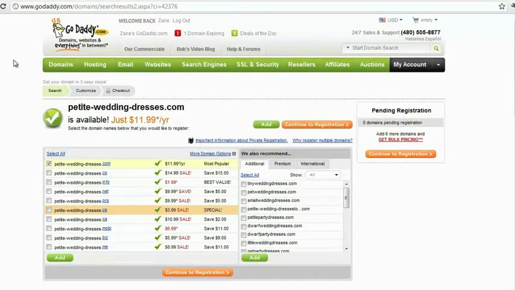So now that we've discussed how to find and acquire a domain, now we need to do something with that domain name. Let's say we've got petiteweddingdresses.com, hypothetically. Okay? Now we need to put petiteweddingdresses.com onto a web server. This is why it's called hosting, because they will take your domain and your website and let your website live on their computers. Because basically a website is nothing more than a bunch of files put together and displayed in